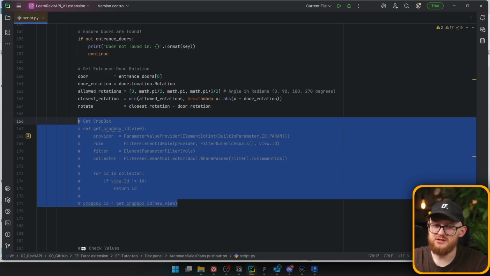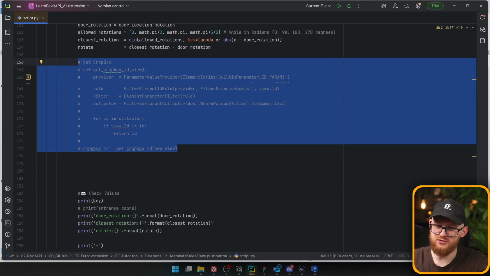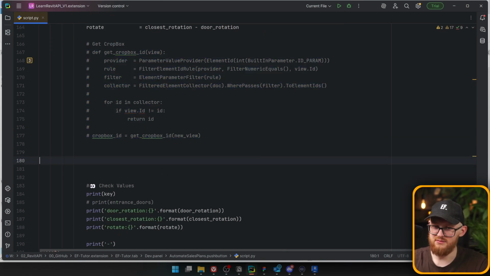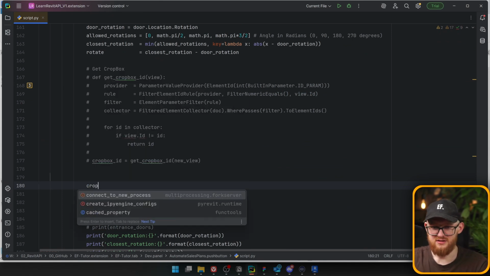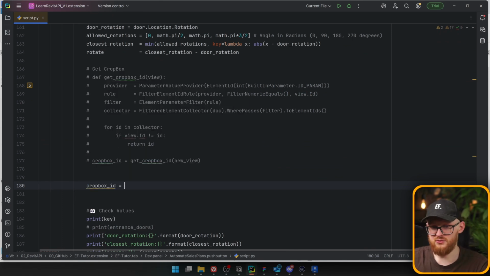And if you have any errors, just copy this part of the snippet. It's going to work on any Revit version just fine. But the problem is I cannot really explain it because it's really weird workaround. So we're going to use the workaround number 2, crop box